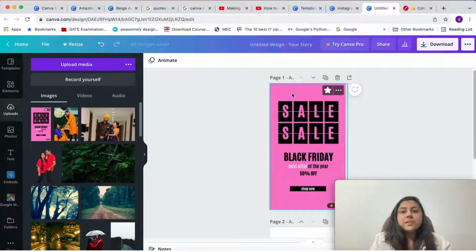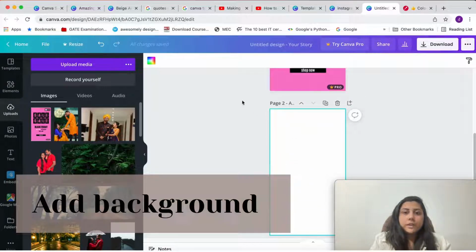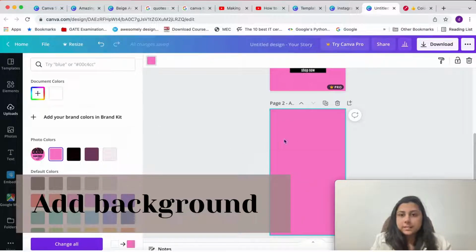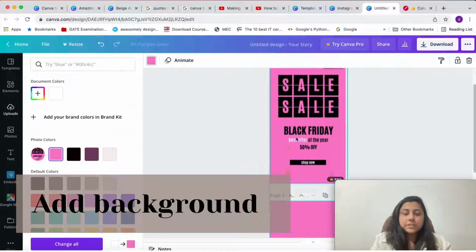So first thing we want is this beautiful pinkish color. You don't know how to select that color, right? So I just go to add page and I can click here and see these are the default colors which are already present in the photo. Canva is very intelligent, it will just do it on its own. So I'll just create this color. Okay, I was able to do that.